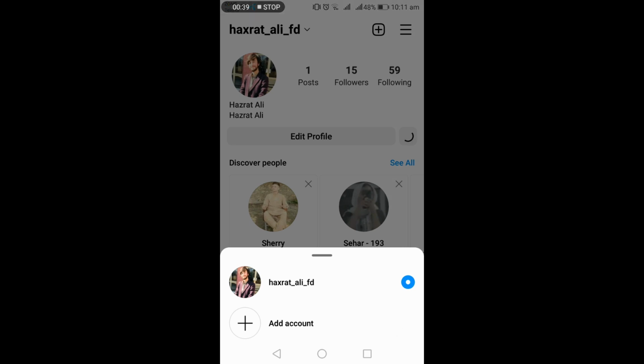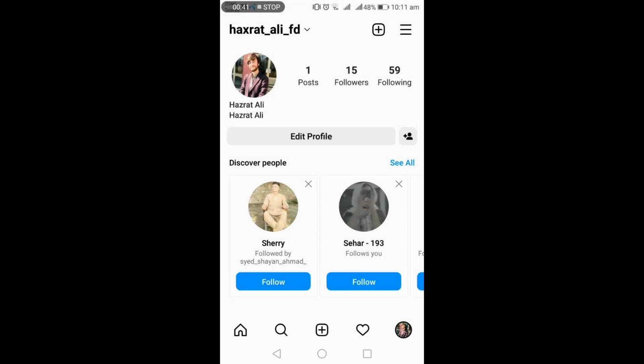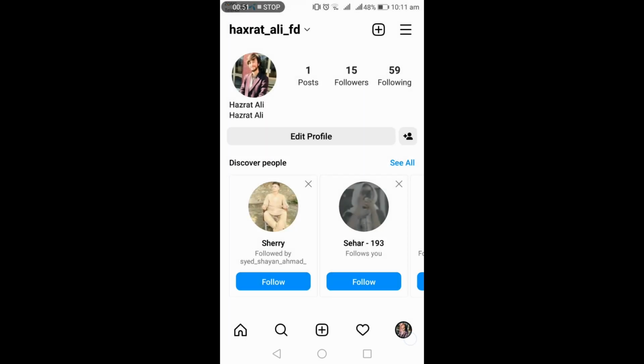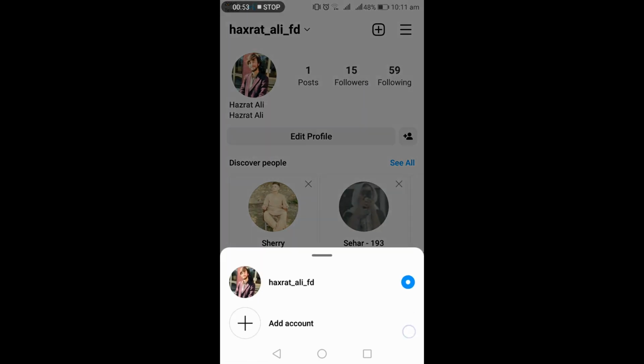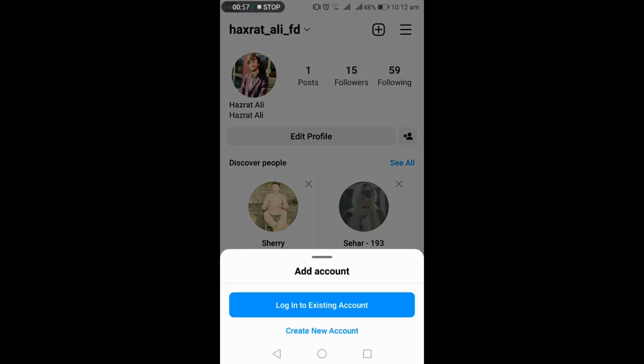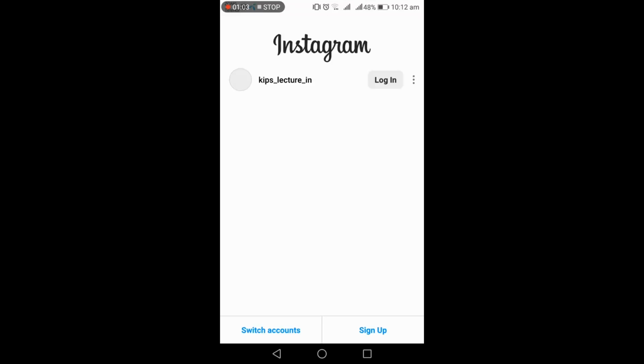What you do, just click your profile two times or just hold your profile, okay? When you hold your account, it's easy, just hold it and after that click on add account, okay? So you have to log in to an existing account, okay? If you have any account, so now see,